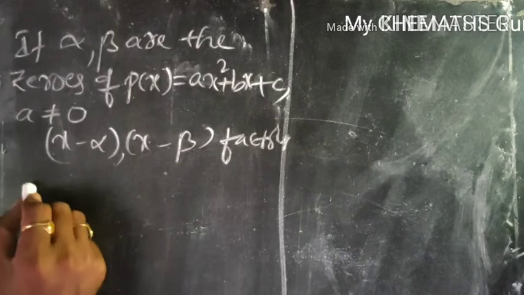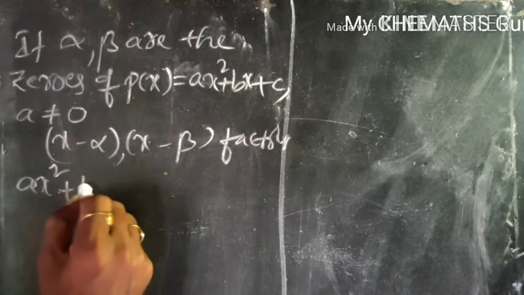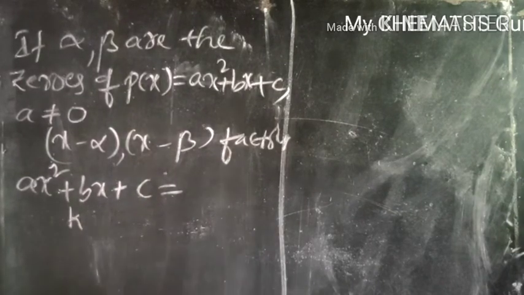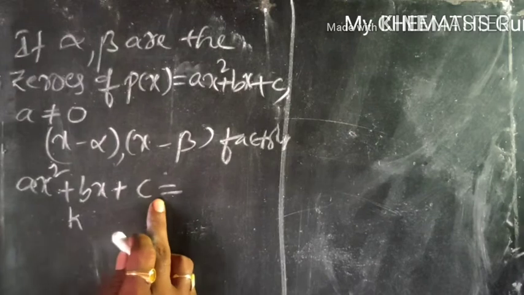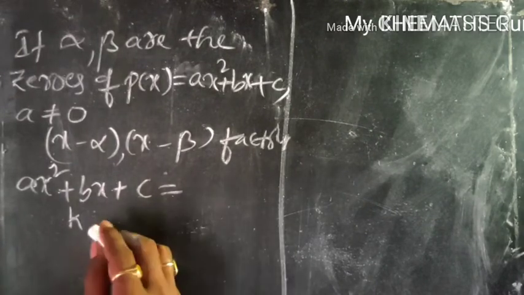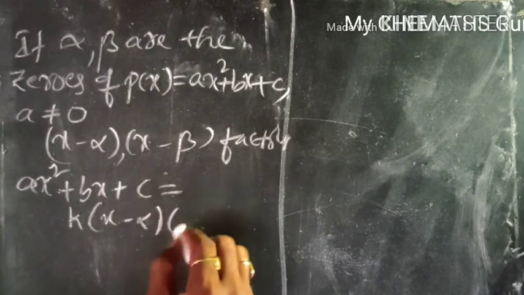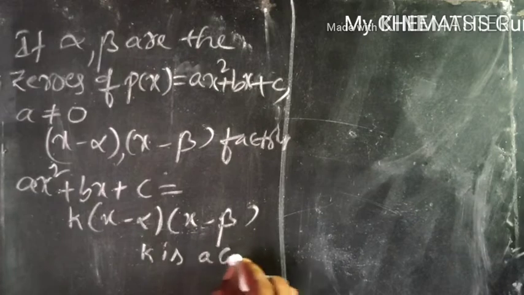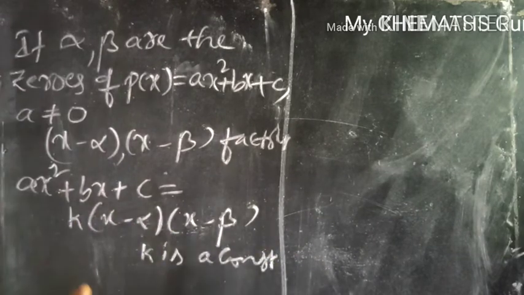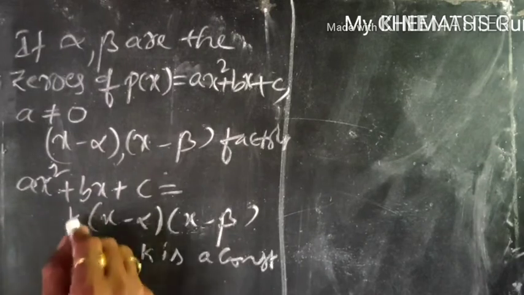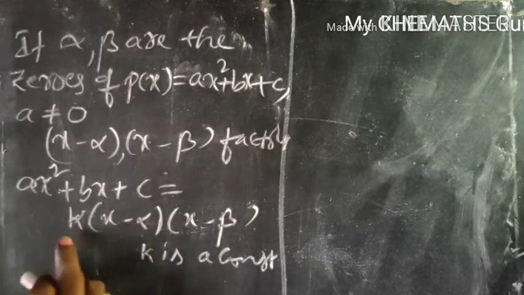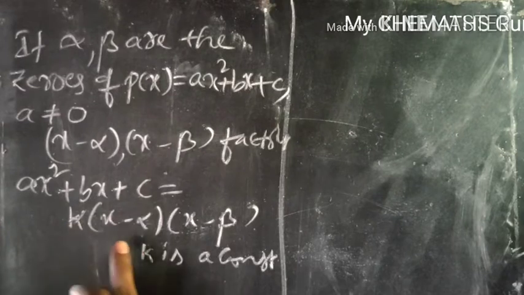So the product of these two is this polynomial. That is, ax square plus bx plus c can be written as k into x minus alpha into x minus beta. What is this k here? k is a constant. Why have we considered it here? Because it is a polynomial, it is not equal to 0, so the coefficients also will be. The value of k may be any number, either positive or negative. But in the case of polynomials, we must take k of x minus alpha into x minus beta.